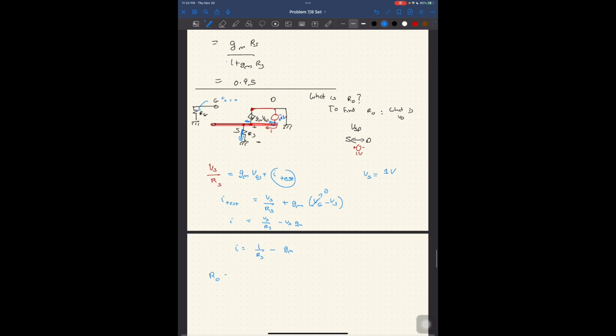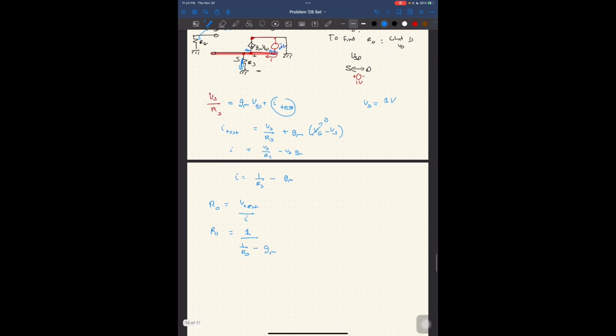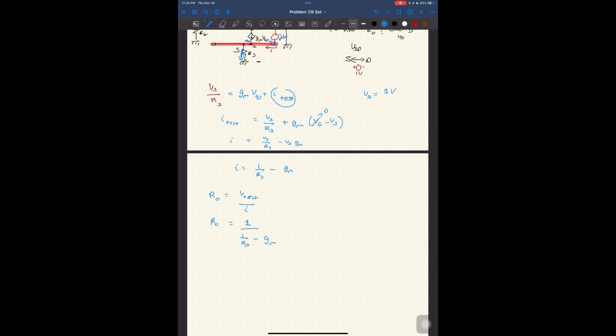And R out is equal to V test over I, implying that R out is equal to 1 over (1/Rs minus gm). And so this means that if I was to multiply everything by Rs, I'd get R out is equal to Rs over 1 minus gm Rs, and that would be